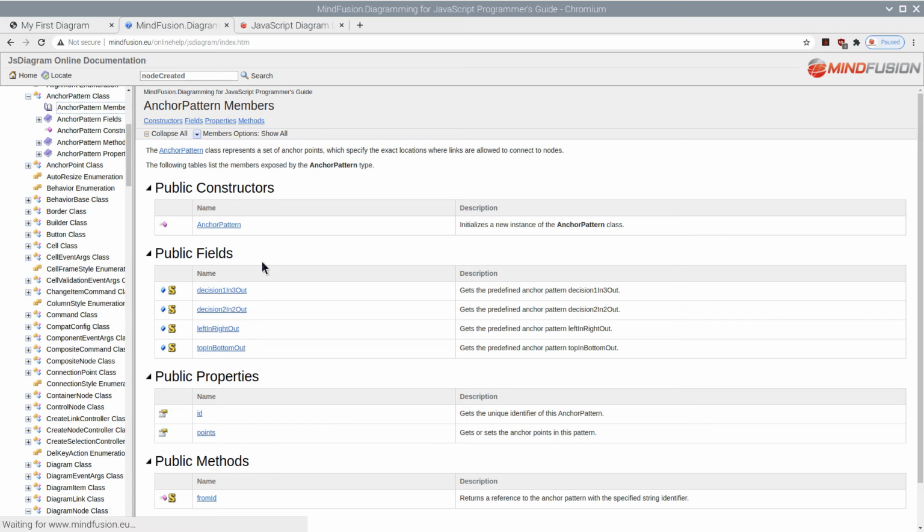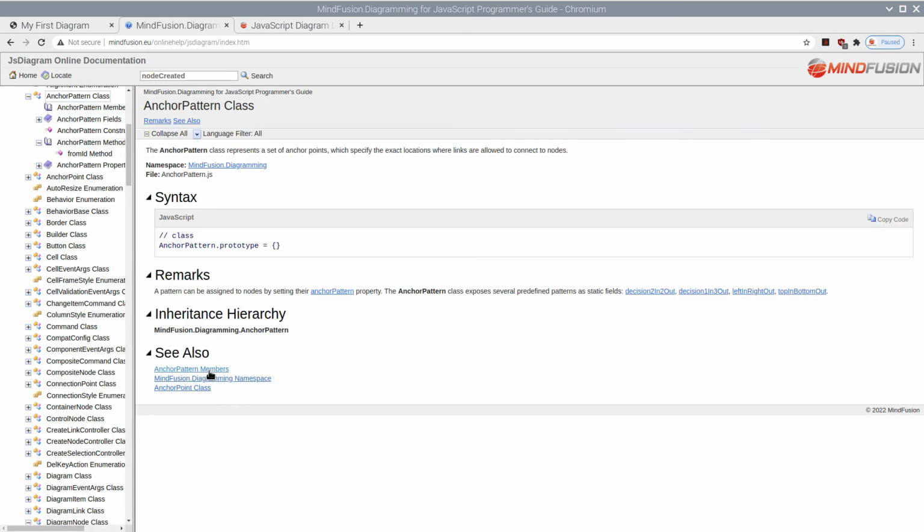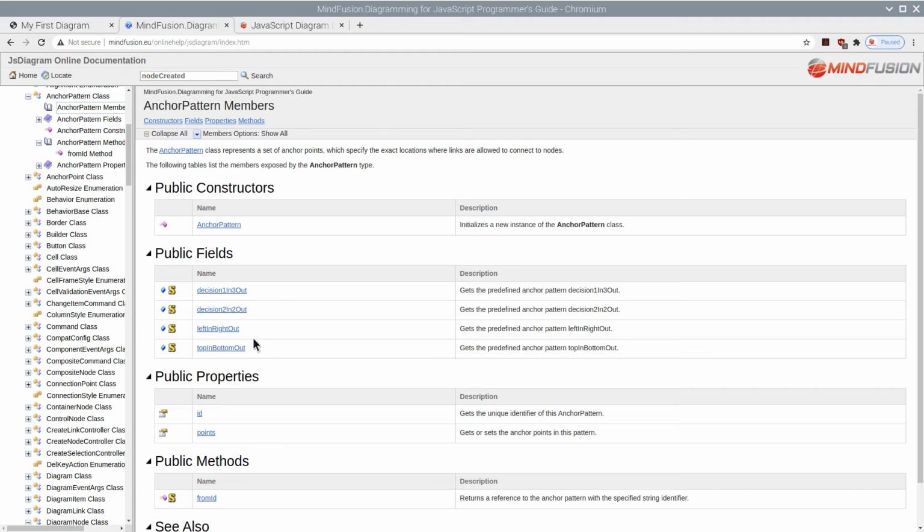We can assign it from a string that specifies the ID or use static fields. Let's look at the public fields. We have the top in bottom out pattern, and we will use it.